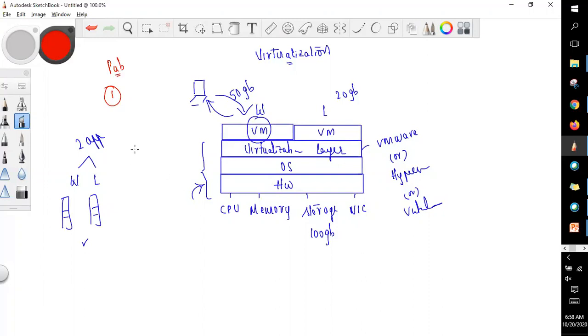Second definition. Let's take an AWS host computer, a server where one virtual machine is managed by customer one and another virtual machine is managed by customer two, and so on.